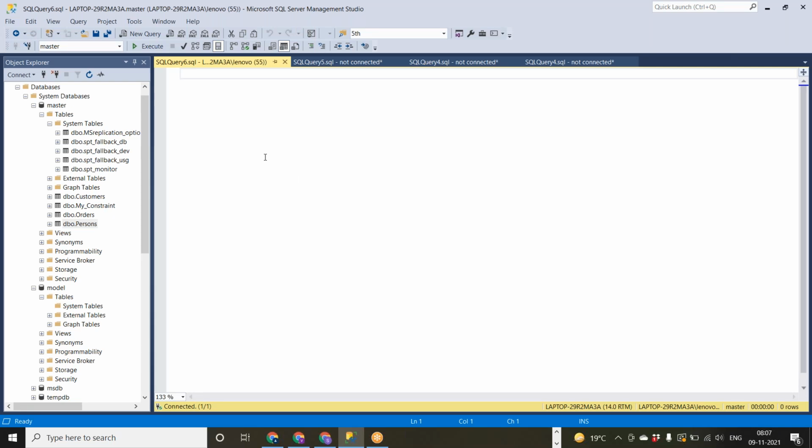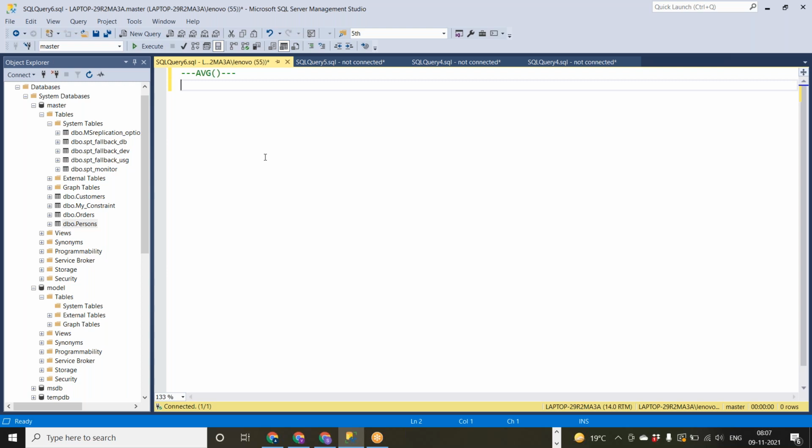Okay, so today we'll talk about average. What the average function is, it will give the average of any value of that particular column. Suppose we have something called age, so we can get the age column average.